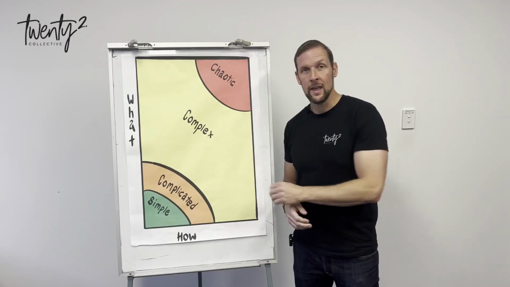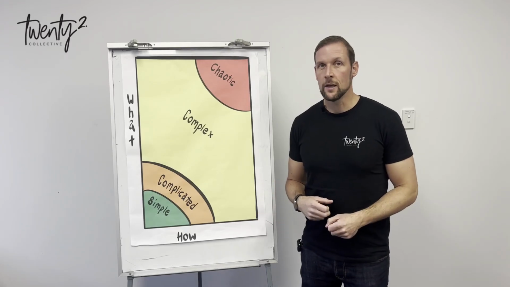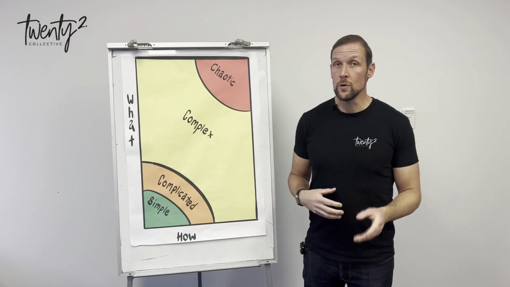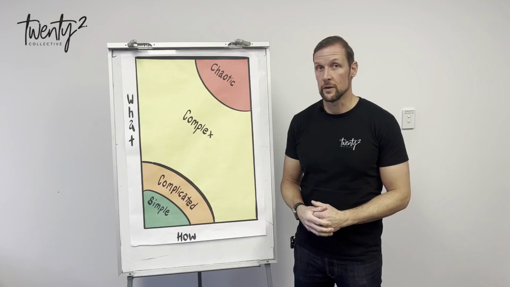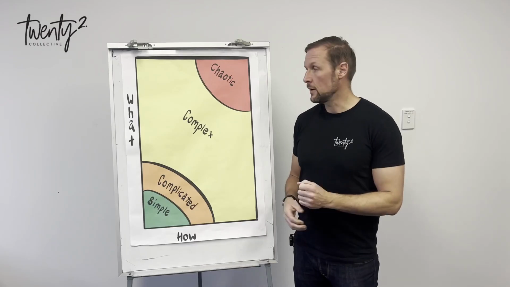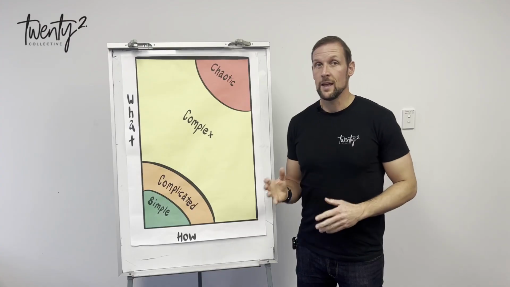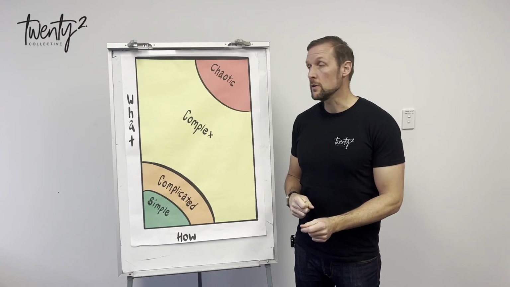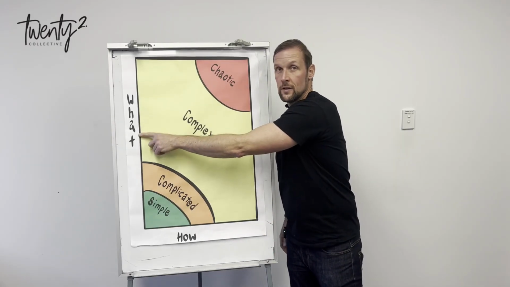So what we're looking at here is the Stacey Matrix. It was developed by a guy called Ralph Stacey. What he did was he conducted a study of work, and through his study of work, he identified 4 different types of work that we undertake. To understand which one of these 4 zones of work we might be in, he asked himself 2 simple questions. With the piece of work that we need to do, how certain are we around what the solution